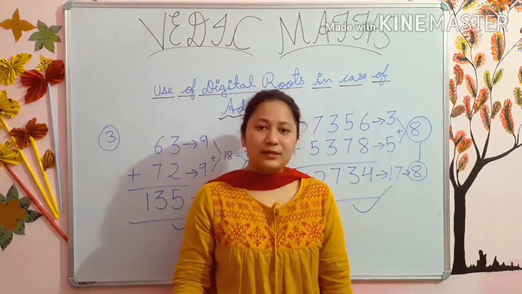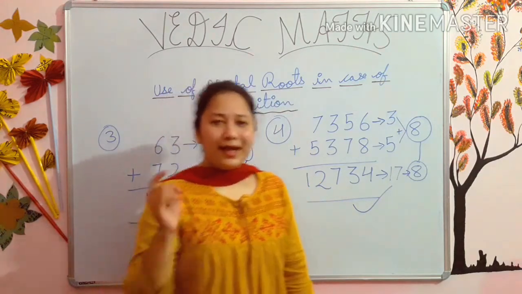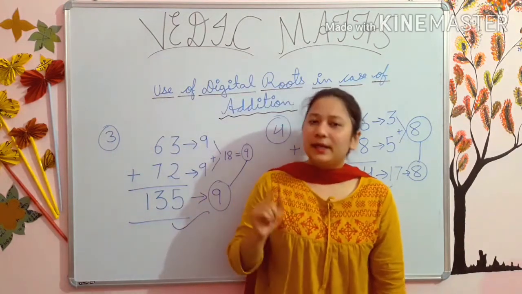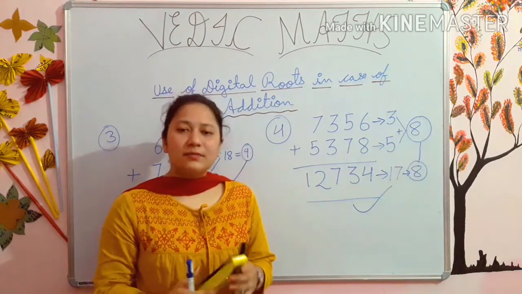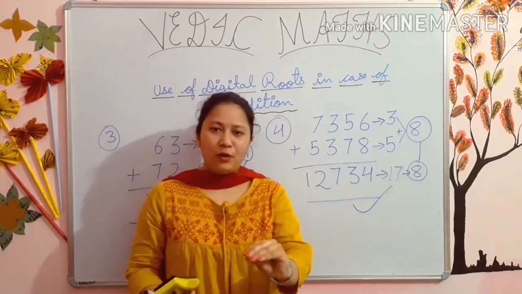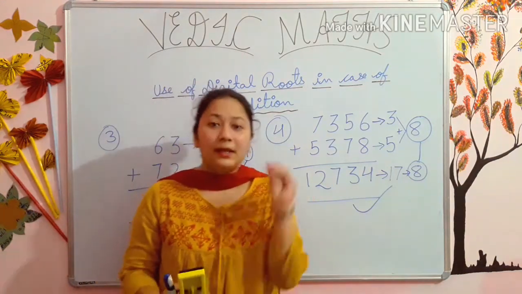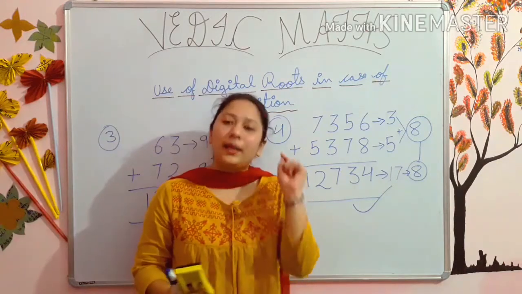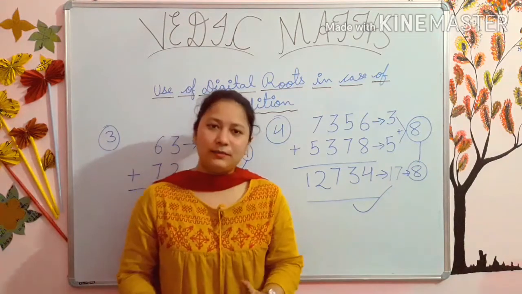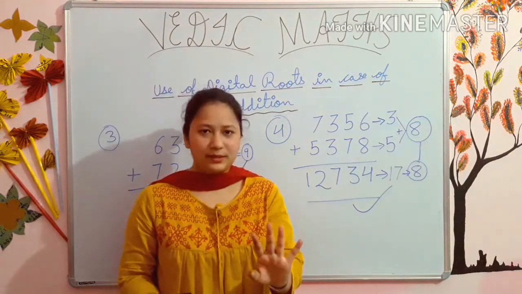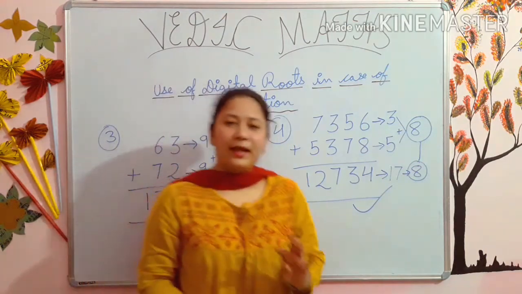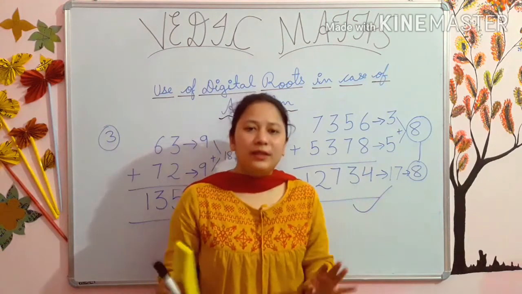I hope students you got my method. And listen students, with this video I have given you one practice PDF. In that PDF there are sums related to addition. First of all you have to add those sums. Then you have to check them orally. I prefer you not to use any rough work. Orally try to check your sums with the help of digital roots. You can write this much, but I prefer to do it orally, and do those sums in your Vedic maths notebook.